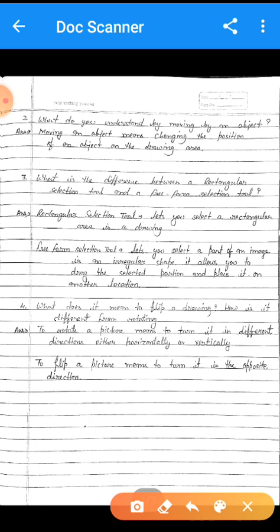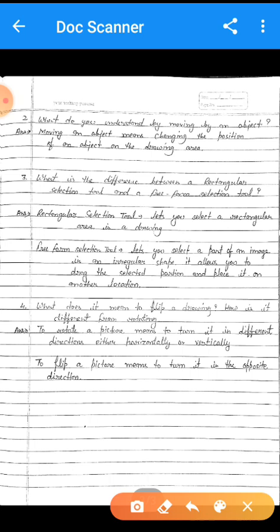The answer of this question is, moving an object means changing the position of an object on the drawing area. डियर स्टूडेंट्स, जब भी हम अपने ऑब्जेक्ट्स को एक जगह से दूसरे जगह शिफ्ट करते हैं तो वो क्या कहलाता है? मूविंग. Moving an object means changing the position of an object on the drawing area.